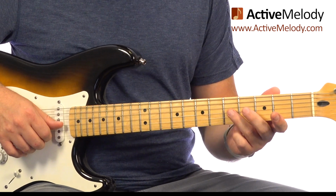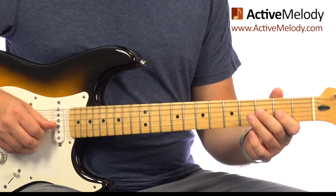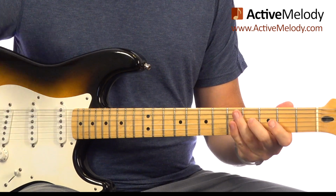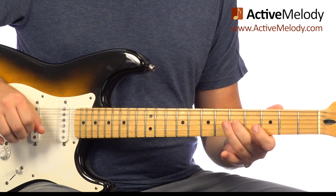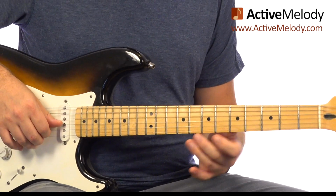You can also look at that as the blue note. That's the blue note in the blues scale. But I just think of it as a passing note. And that's how I played that. I picked those two, or plucked them rather, with my thumb. And then I slid from the 5th fret to the 6th fret. And then after that,